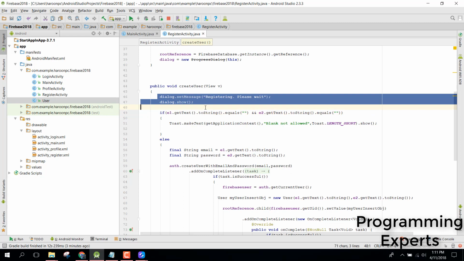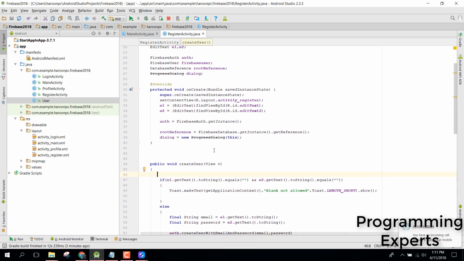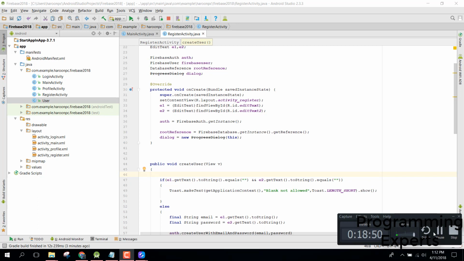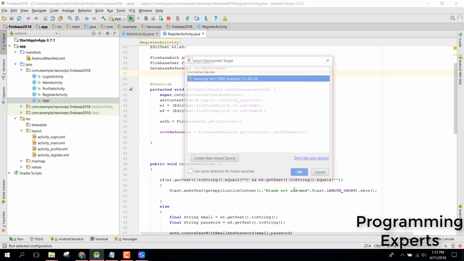Let's see if this is the problem with the dialog. And now let's just check it again. So if I run the application again,